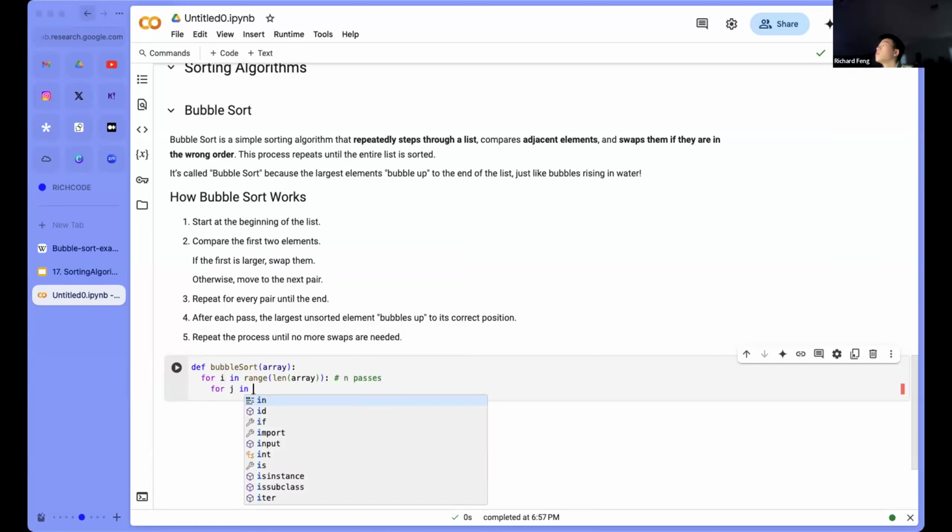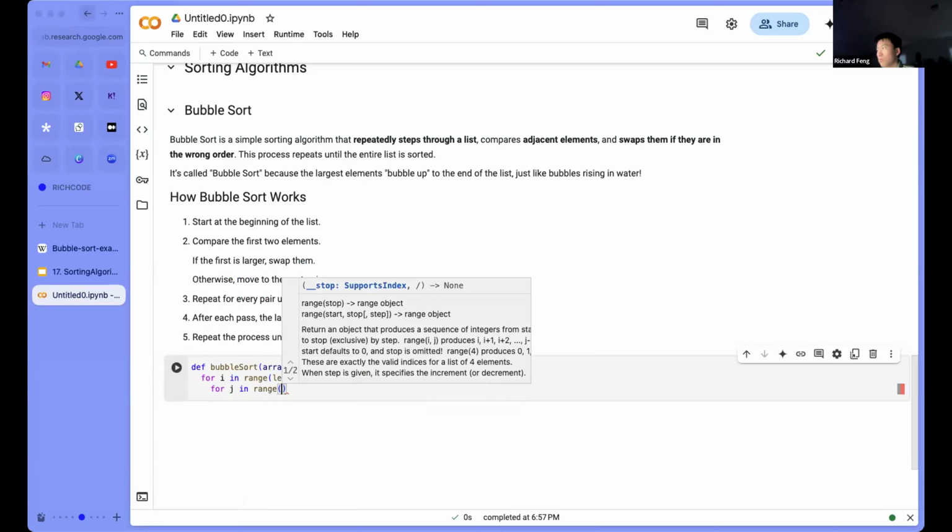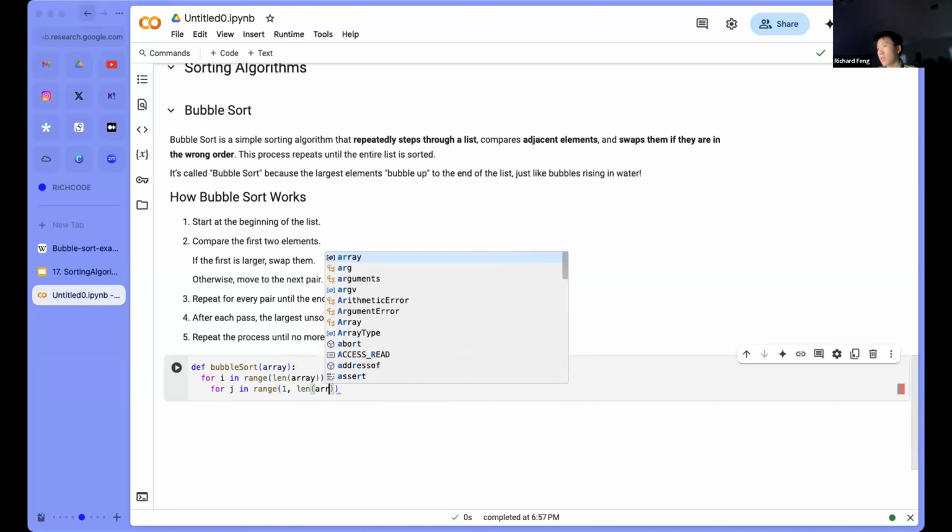And the inner loop is going to be comparing every two adjacent elements. It's kind of up to you if you want to start from index 1 or 0, since you can either compare j and j plus 1, or you can do j and j minus 1. In this case, I'll do j and j minus 1. So we'll start from 1,